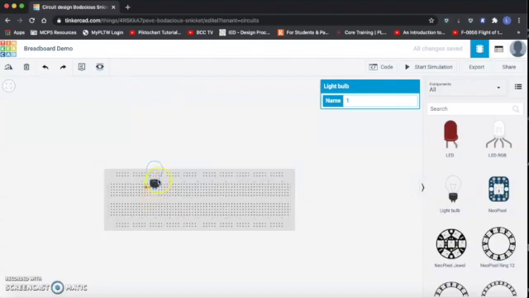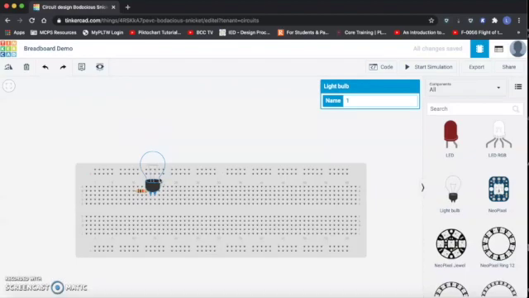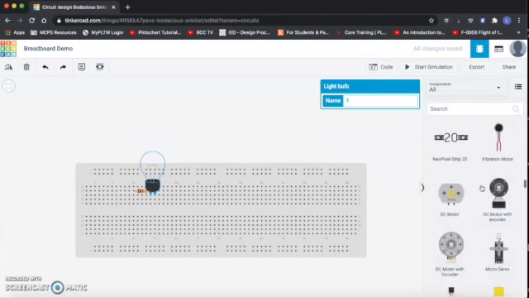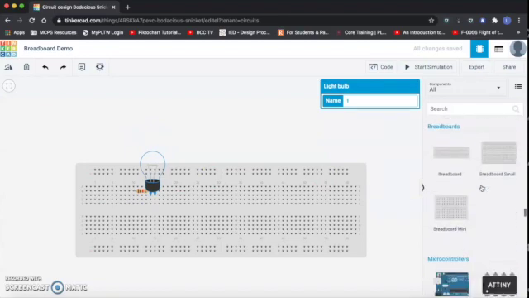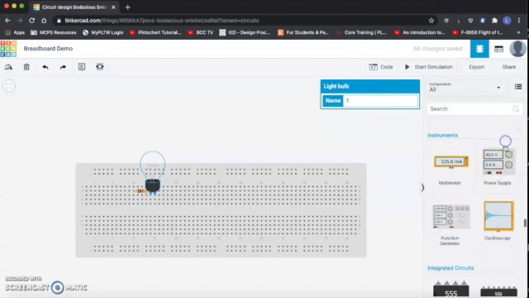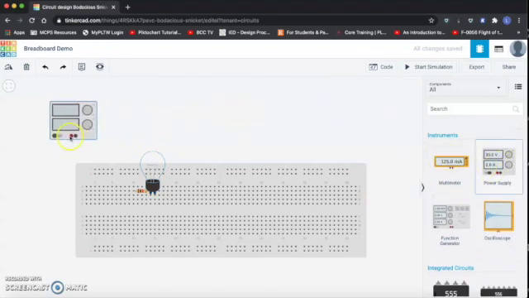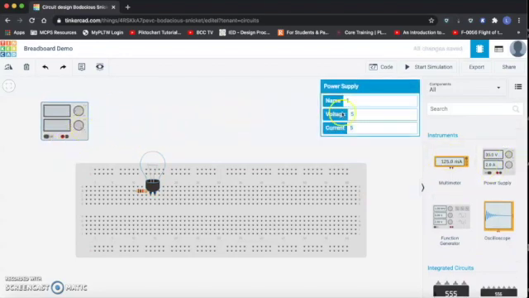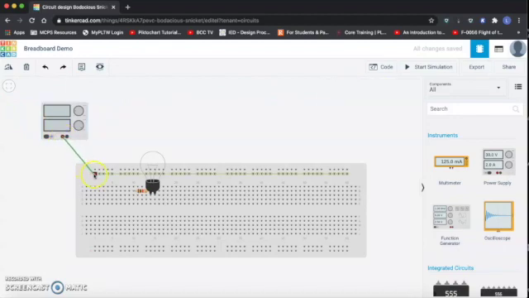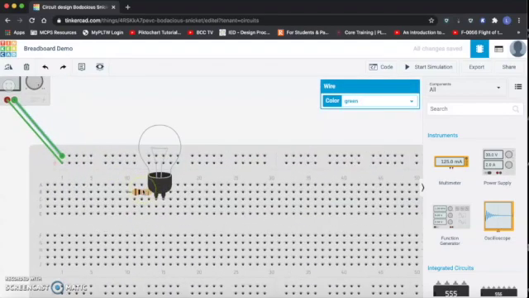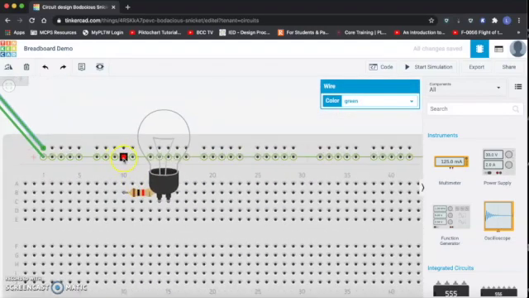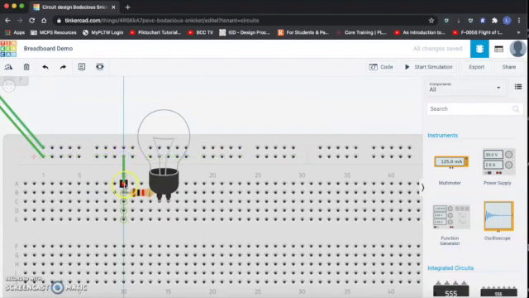Now, if I'm going to complete this circuit, I'm going to need some form of a power source. So I'm going to come over here to the menu, just really quickly, and I'm going to grab the same power source that we used for our pre-assessment. I'm just going to leave it at 5 volts for now. We can play with that voltage later once we start the simulation, but this is where I actually need wires. So my red wire has to go to the positive, and then my black wire needs to go to the negative. Now I'm going to zoom in on this circuit,